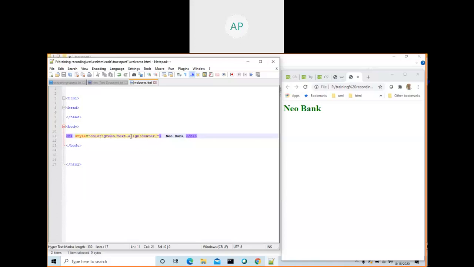So I applied two properties to this H1 tag, the inline way. See, now it has come to the middle. Make it right. Control S, save, run. See, it went towards the right.